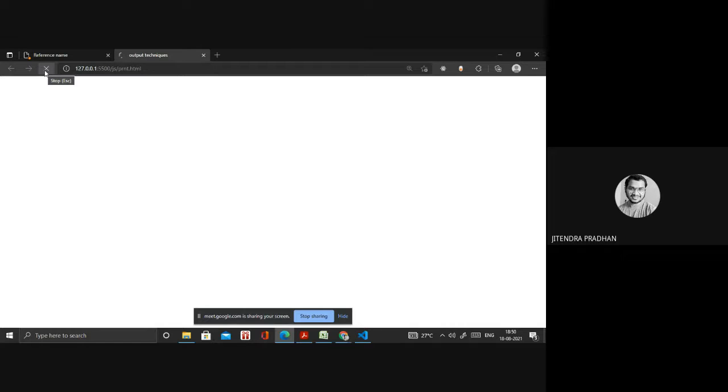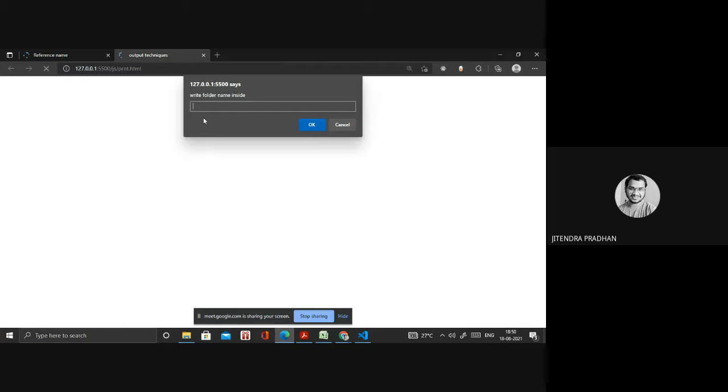This is like an alert box, but it's different. Have you observed that one? It shows the particular message, and after that it shows the input box. And we have a cancel button and an OK button also. If you want to write something inside, you can write whatever you need. The difference is that in alert we don't have any cancel button, only an OK button, and no box to write something inside. By using prompt we can write whatever you need inside the prompt box.